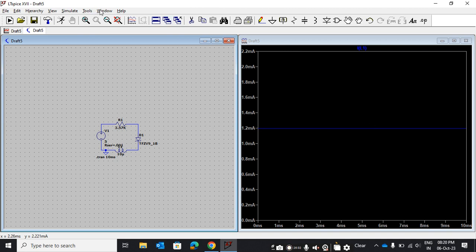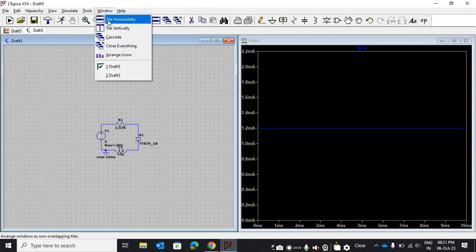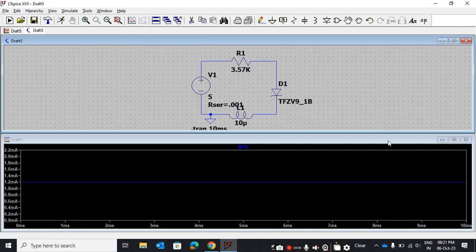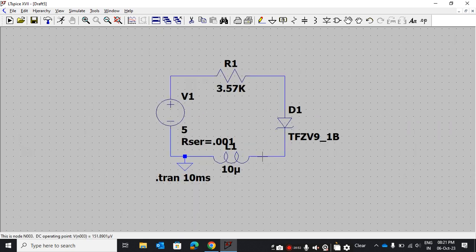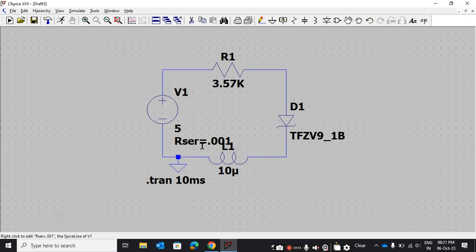Again you go to window and click on tile horizontally, so it will show like this. Now we can close it. We will learn something more in the design.